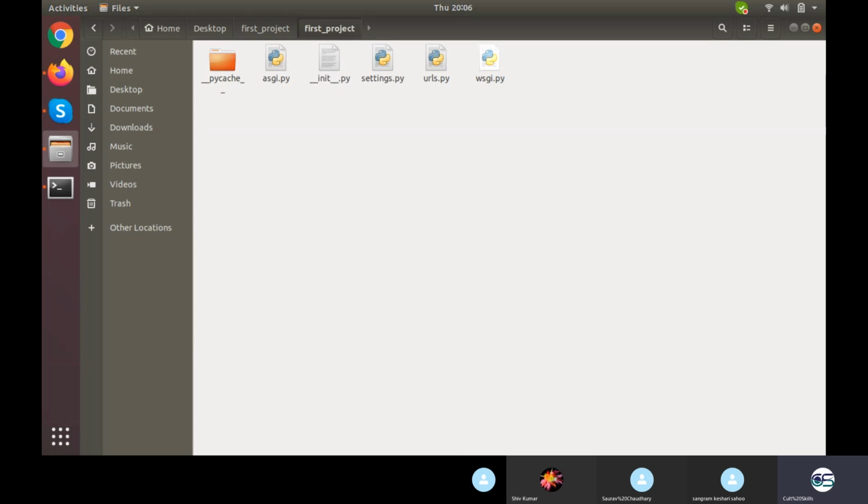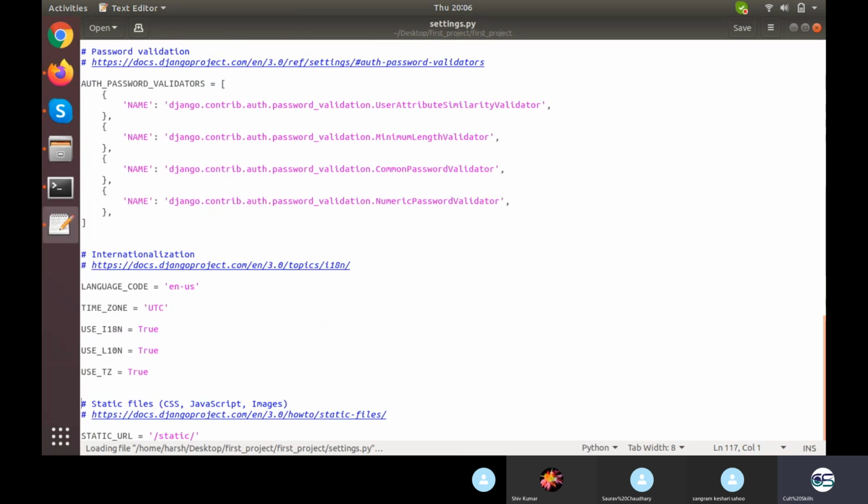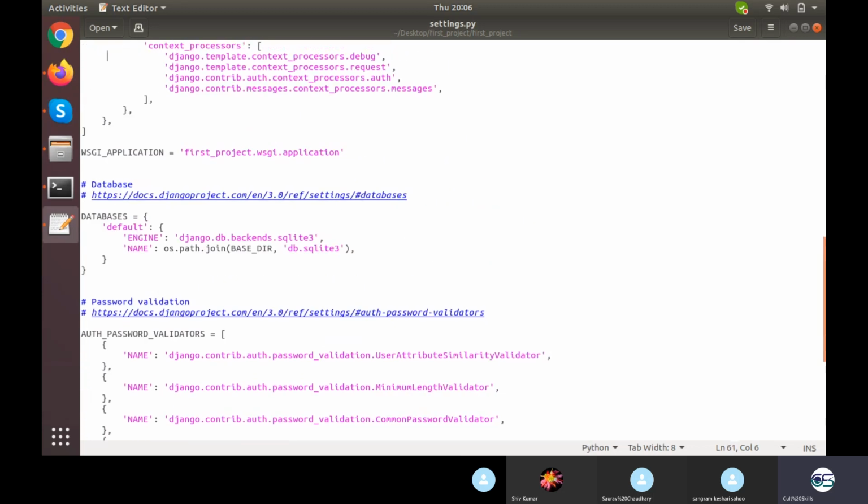As I discussed, there is a file named settings.py in which the whole configuration for the project lies. So the file which needs to be changed is settings.py, and in this there is a particular region for databases right here. Right now I'm using the default engine, which is django.db.backends.sqlite3, and the name is os.path.join of BASE_DIR plus db.sqlite3. BASE_DIR is the directory where my manage.py is stored, and it has created one more file for me right there, which is db.sqlite3. So this is what I need to change.